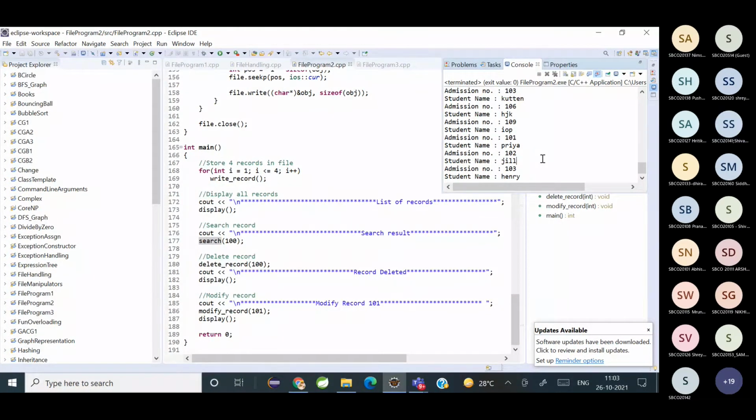So can you all do this? I guess this is your practical question also. So any doubt? I will recommend you all to use a switch case so that you can ask the user what they want to do: create, modify, search, delete, whatever they want, you can ask the user's choice and do it. So will you all be able to do this?